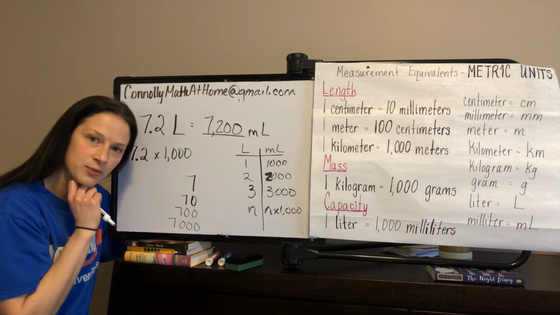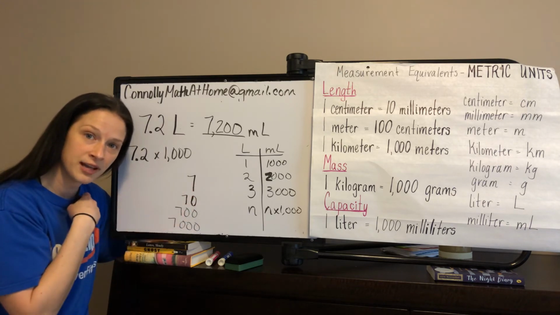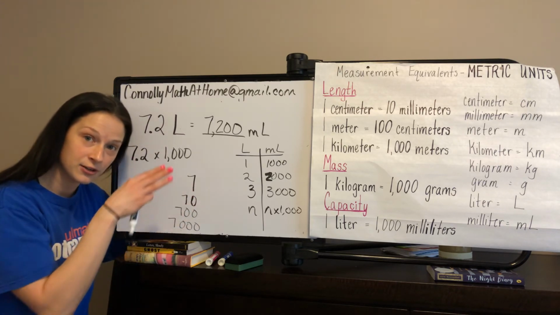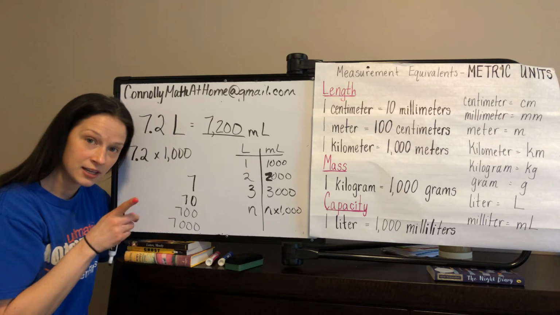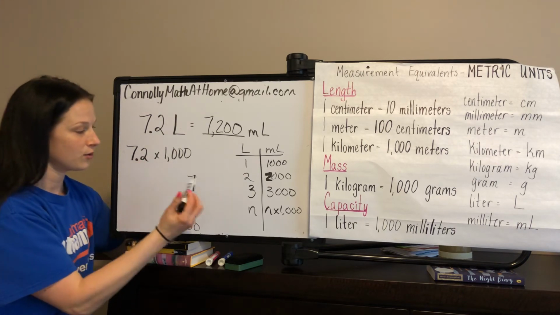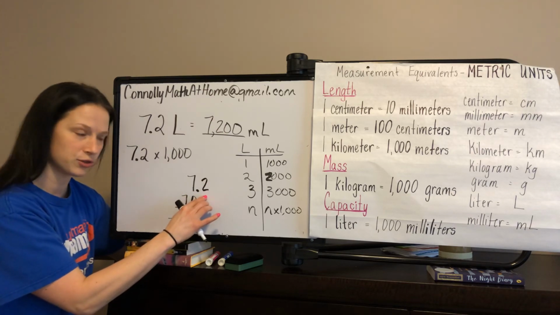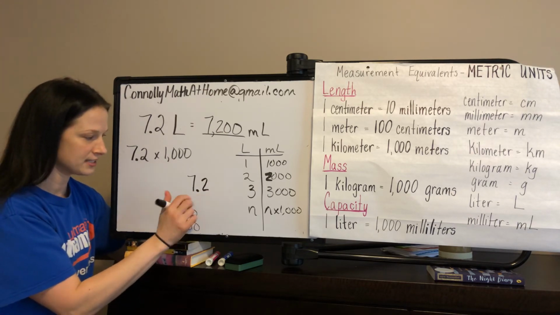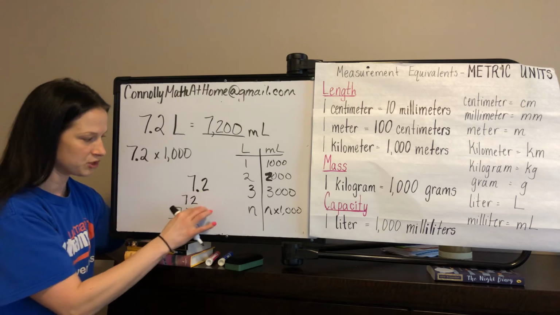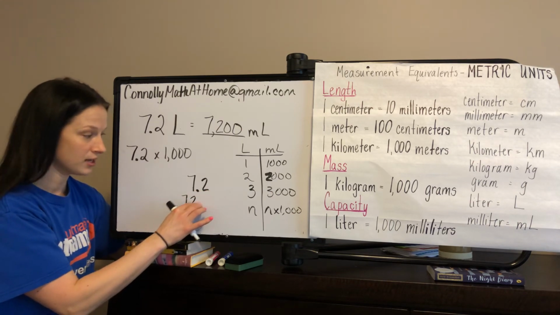10 to the third power is 1,000, and it shifted 3 times to the left. 10 to the third, 3 times to the left. Interesting. Okay? So when I think about 7 and 2/10, I'm going to shift the 2 now 3 times to the left. So if it got 10 times greater, it would shift 1 time to the left and go,